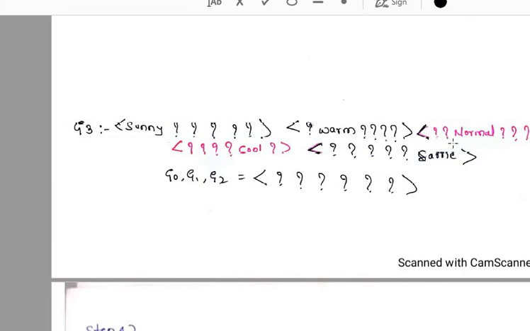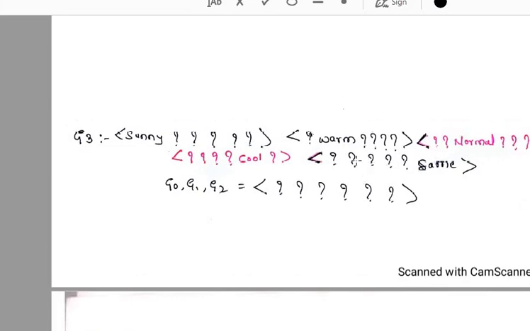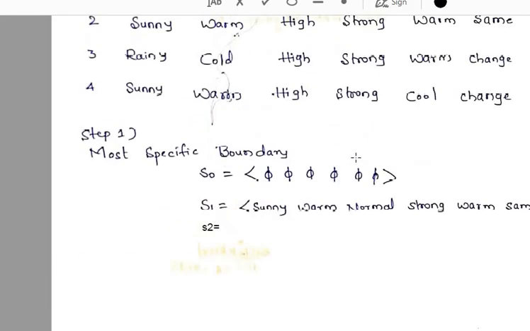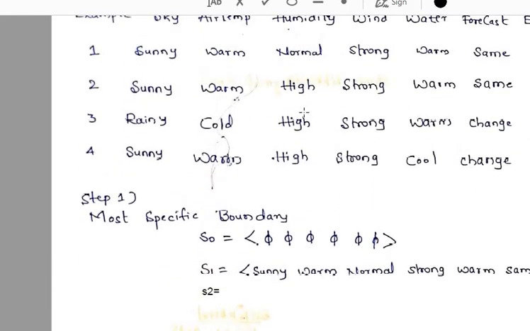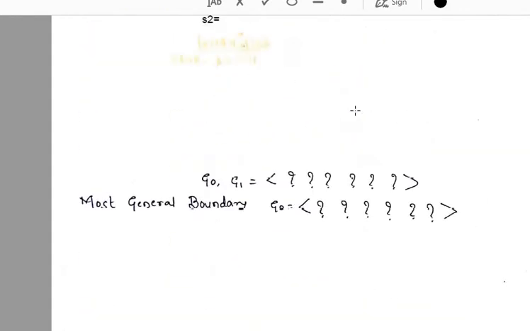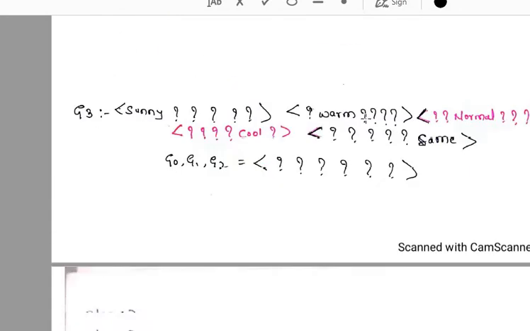Next, the third one. What is the third one? We will see here, right. The third value is high. So for high it is classifying negatively, hence for which value will it classify positively? Definitely the opposite of high. For the opposite of high we have one value, that is normal, and it is classified positively, hence I have written it as normal. I will tell you why I have written it in pink color later.